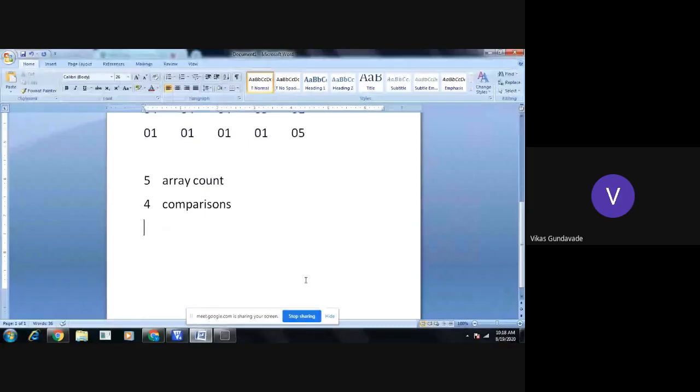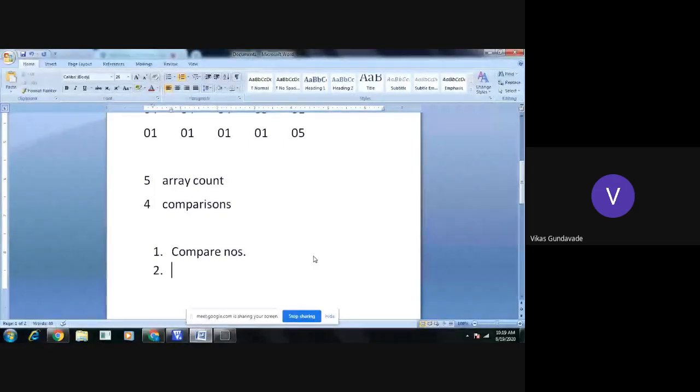So here what will happen? First step is we will compare the first number with the second, first and second. We will do the comparison of first and second, then second and third, and so on. So here we will directly write: compare numbers. Now, according to the comparison, there will be 3 cases: either both numbers are equal, or first number is smaller than second, and third, second number is smaller than first. So here we will get 3 conditions.